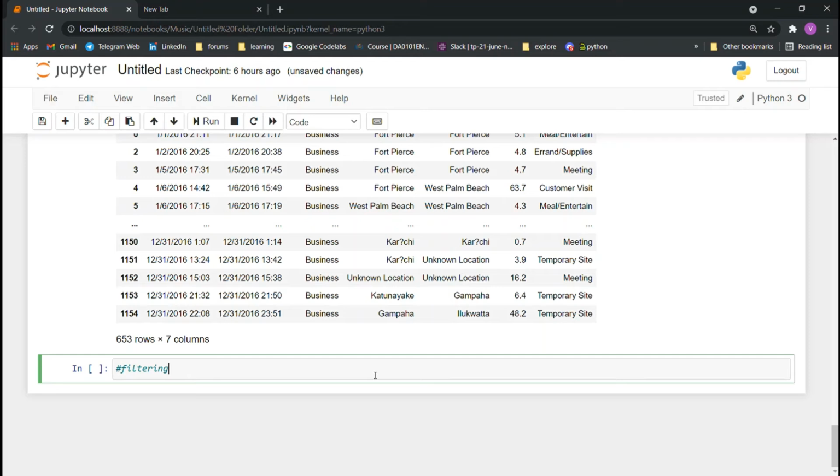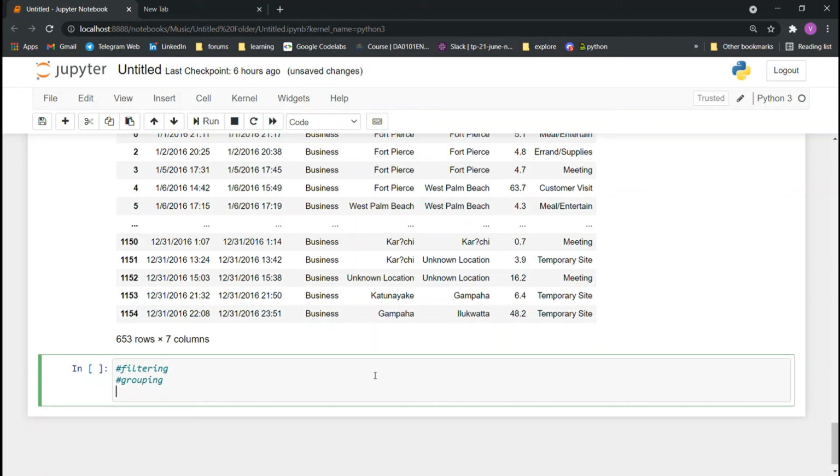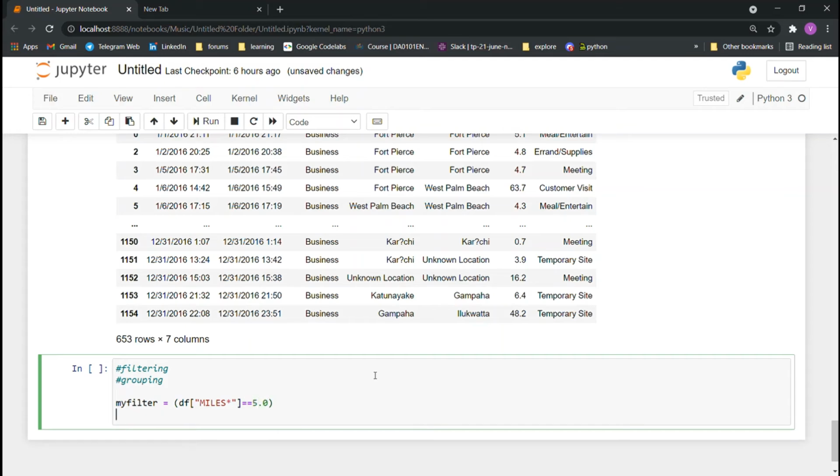Another important thing is filtering the data, and also grouping. Filtering is a simple step. Just think of it like an if-else statement: if df of miles equals 5, we will use that filter and pass it to the data frame.